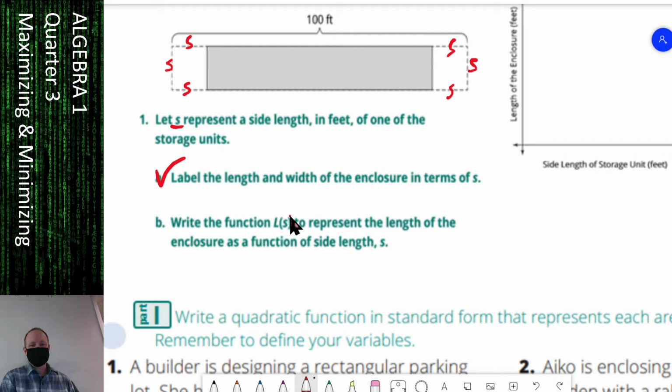I'm going to change this function up a little bit. I'm going to use A of S so that we can come up with not the length, but the area of the enclosure. By plugging in a value for S, the length of the side, we can come up with an area. So area,